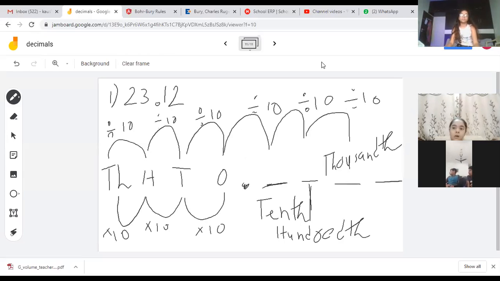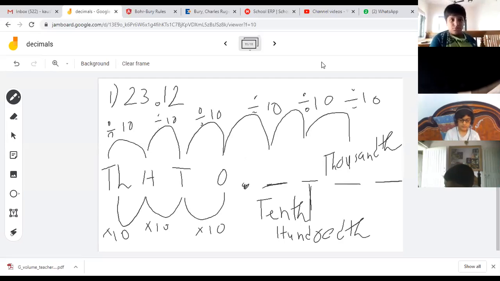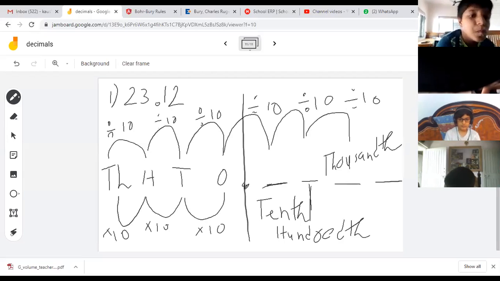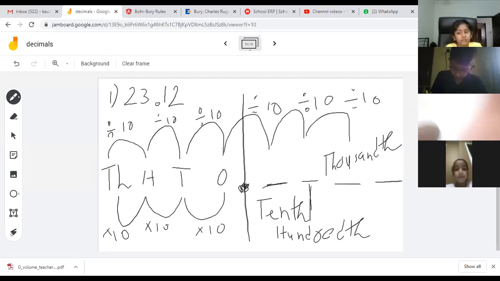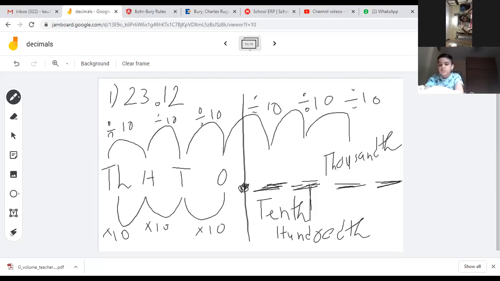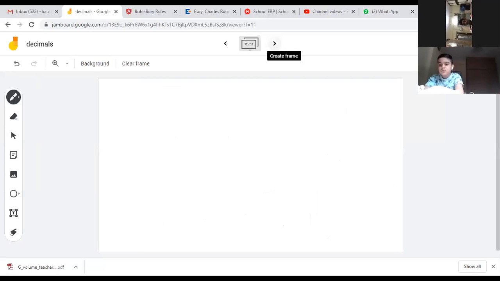Now is it clear, Dhwani? Jia, come on, everyone. Now it is clear. This part you already know, but the part after the decimal point is new for you. That is why I told you in the previous lesson that the digits after the decimal point are not written as a whole number. So we are going to try with this one, 23.12.